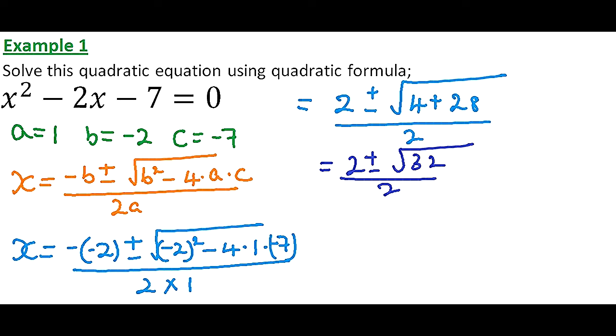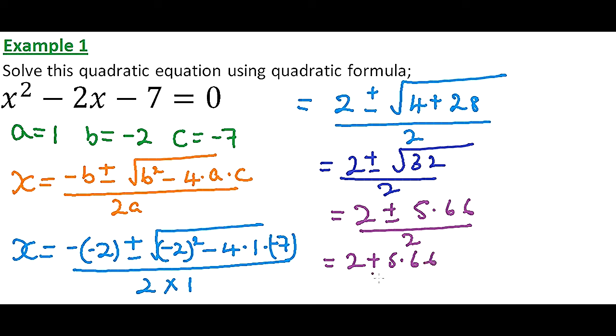The square root of 32 is 5.66 using a calculator. So we say our x is 2 plus or minus 5.66 divided by 2. So this gives us 2 plus 5.66 divided by 2, or 2 minus 5.66 divided by 2. Now you can use your